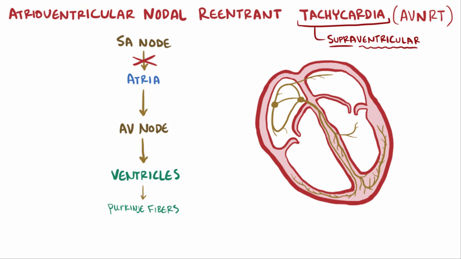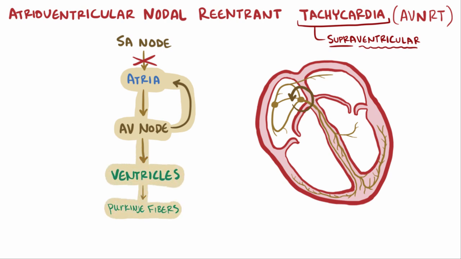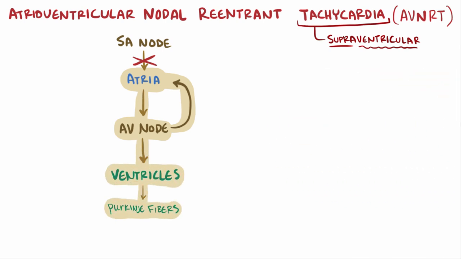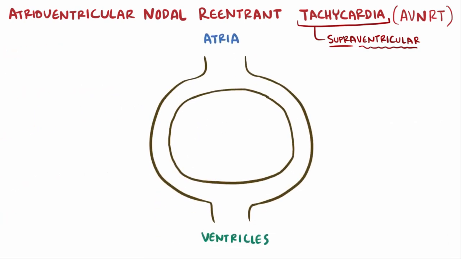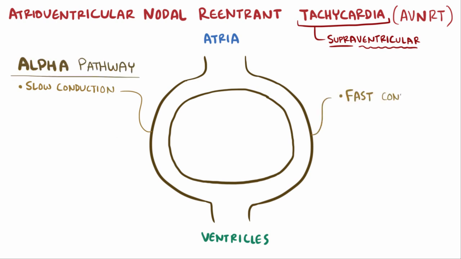AVNRT, just like AVRT, is a type of supraventricular tachycardia, but with AVNRT, it's in or near the AV node, which just like before contracts the ventricle and the atria every time it goes around. Specifically, there are two separate electrical pathways that make up this loop, and one of these pathways has heart tissue that has slow electrical conduction, and is called the alpha pathway, and the other has fast conduction, and it's called